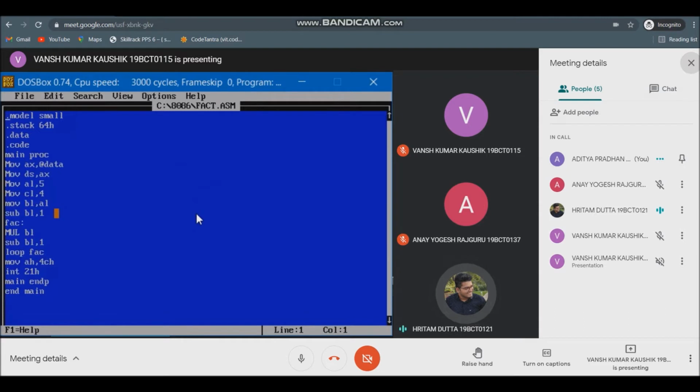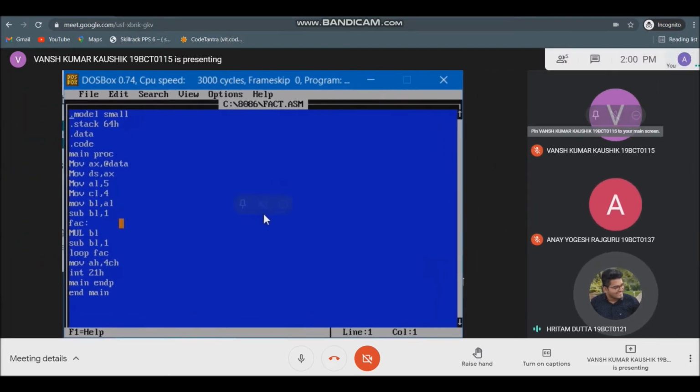Then we are entering fac. It is a user defined label and we can change the name as per our own requirement. Now the next line, mul bl. Here we are multiplying the value of bl and al. The value that we obtain here is stored in the al register.